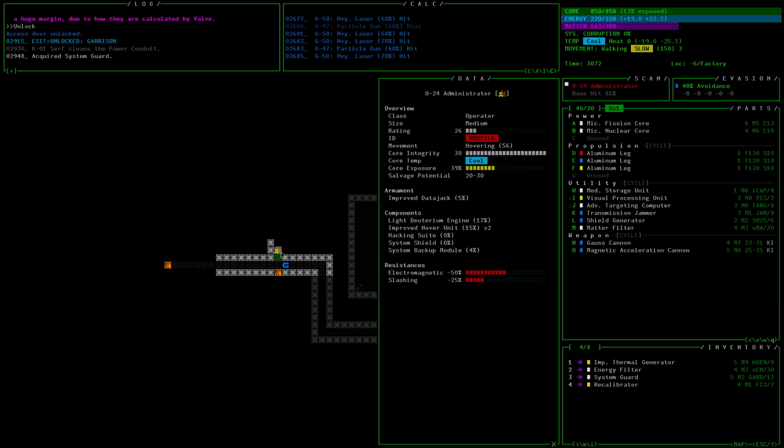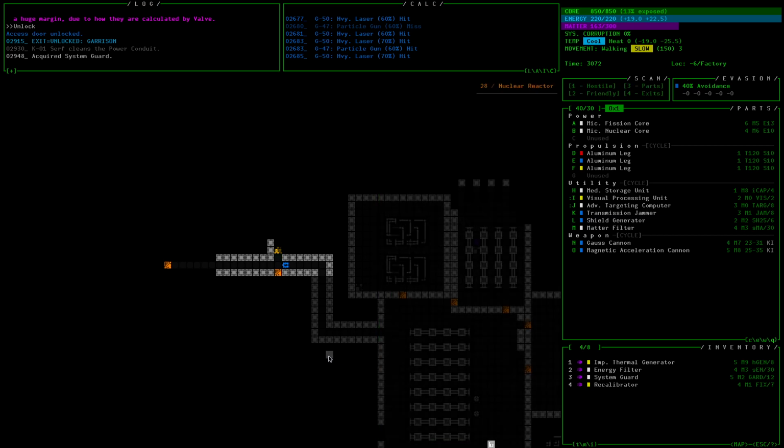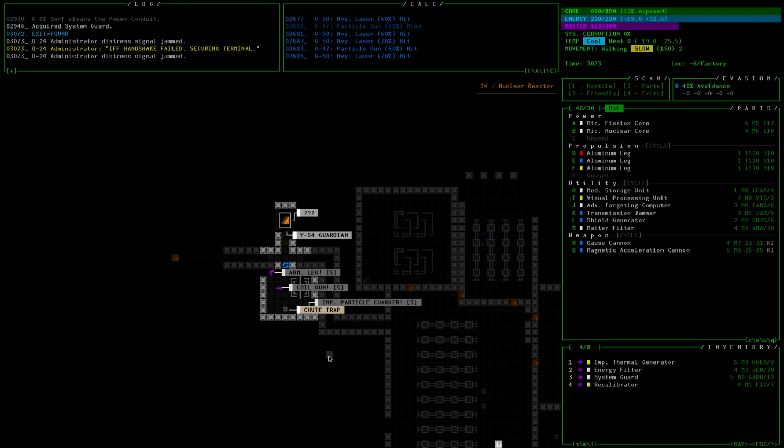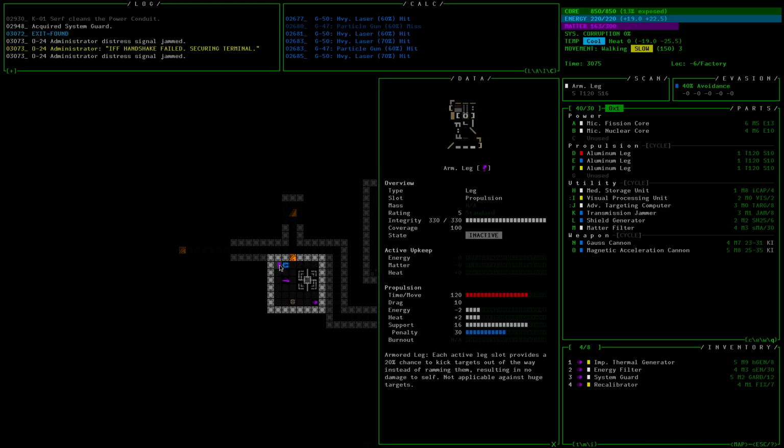Did you see me? Oh, there's my exit. There's also another leg here. So this is really funny. I mean, yeah, I assumed that ARM meant leg, but it says arm leg. Does this mean that it's an arm and a leg? I know it doesn't, but...